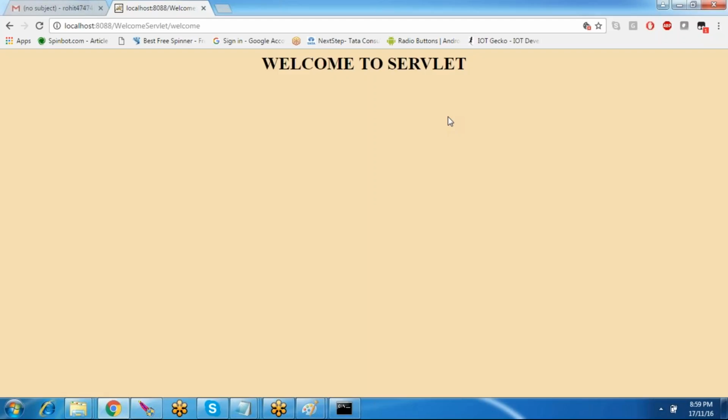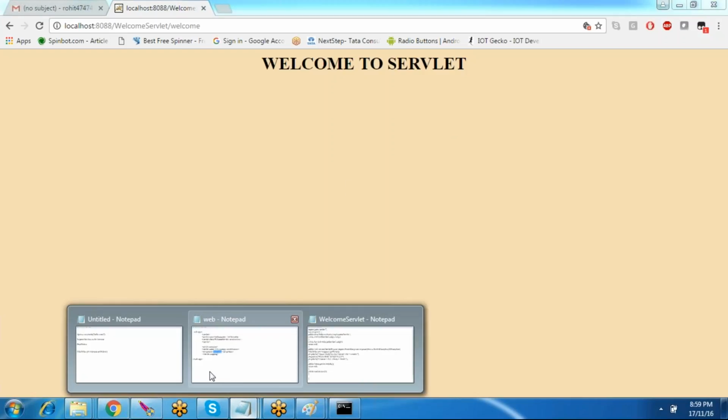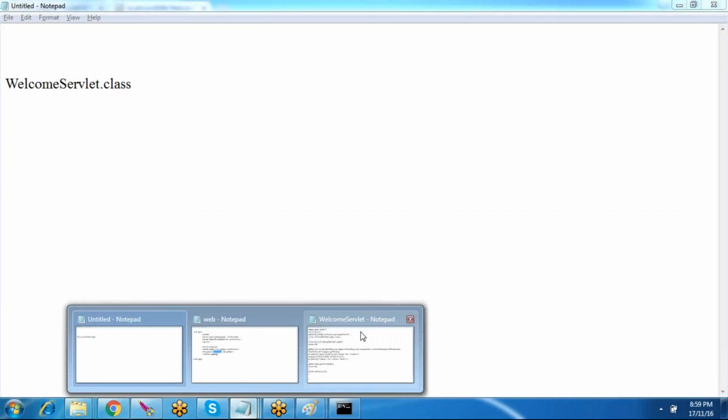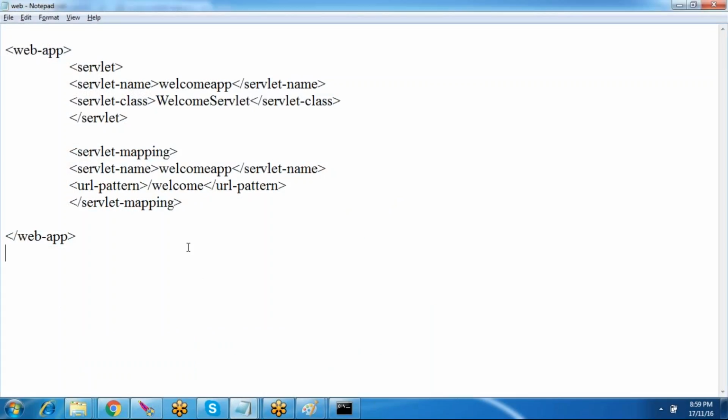Okay, simple. A server is there, the servlet engine. It has to execute a class. That class is nothing but WelcomeServlet. So a class will be there, WelcomeServlet. How will that server know it has to execute the welcome.class file? For that, we have to take the web.xml. Whatever web.xml we have taken here,